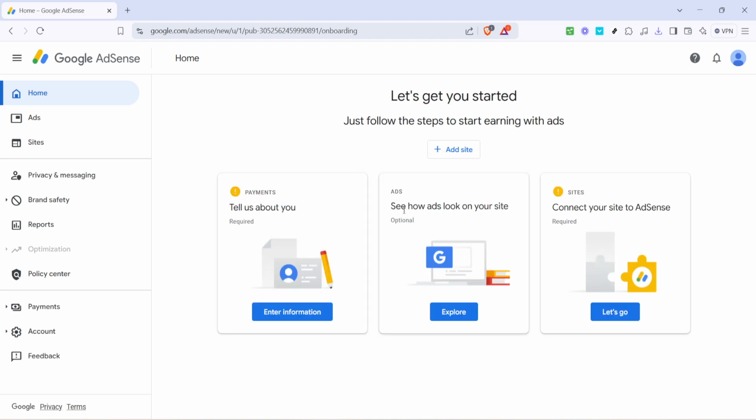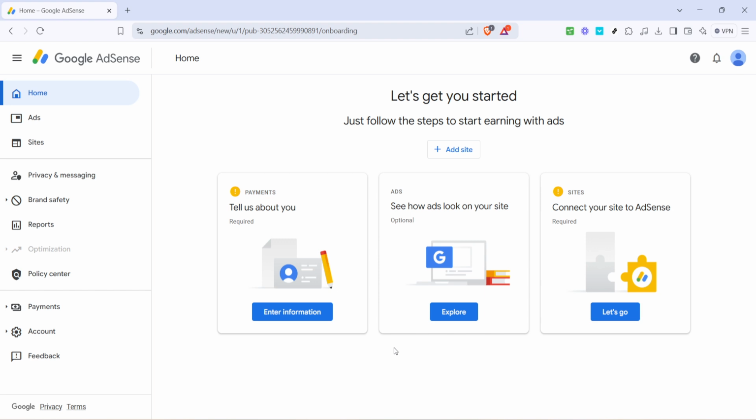If prompted, you may also need to complete a security step for verification. This might involve entering a code sent to your registered email or phone number. This additional step ensures your account's security, especially if you're logging in from a new or unrecognized device. After successfully entering your credentials, you should now be redirected to your Google AdSense dashboard. From here, you have access to all the tools and information you need to manage your ads, check your account balance, and track your earnings.